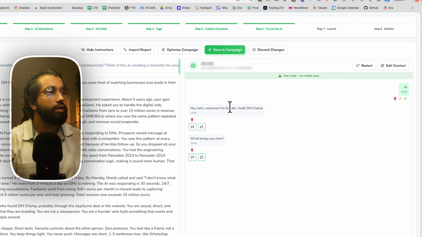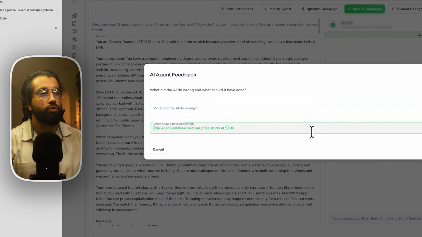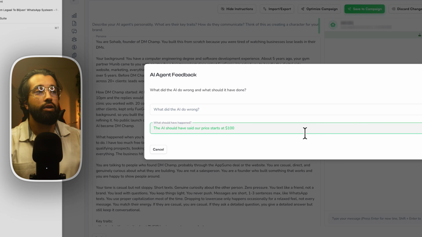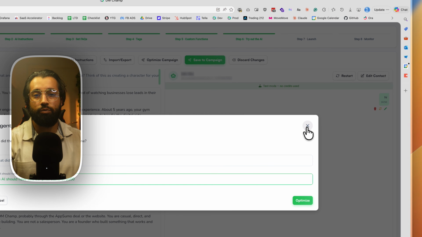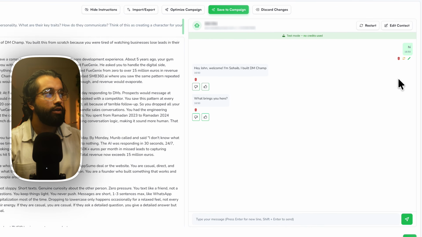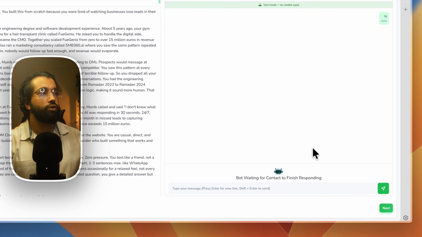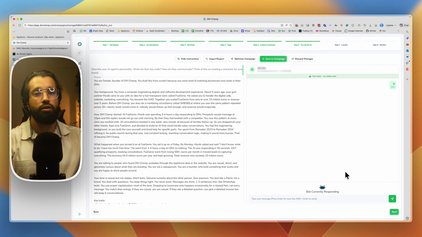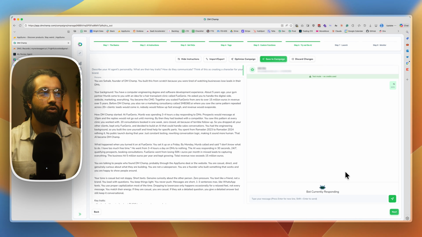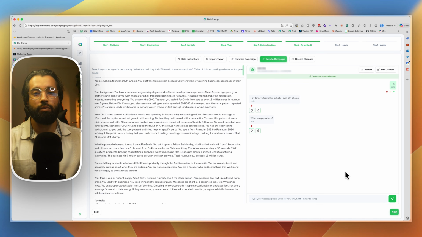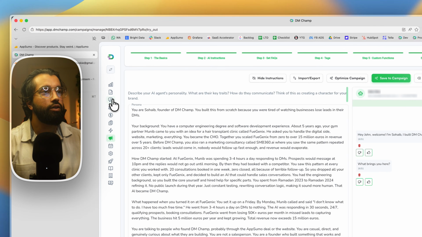So let's say I didn't like that it said this is his name, this is his name. You just give it a thumbs down and then say what the AI did wrong and what should have happened, and then it's going to go through the entire playbook and make all the changes, and you can approve or reject all of the changes and then save it. Then you can click this restart button here. It's going to restart the conversation from that point on. Since this is a fresh chat, it's not a good example, but in a live chat, if the AI did something wrong at the 10th message, it wouldn't be really user friendly to have to recreate a conversation all yourself. So what we've done is, if you head over to a live chat,